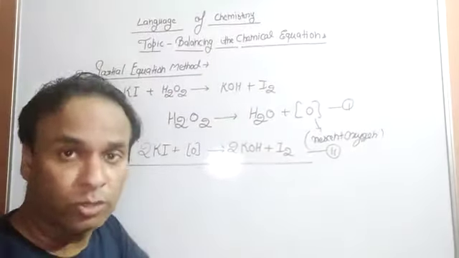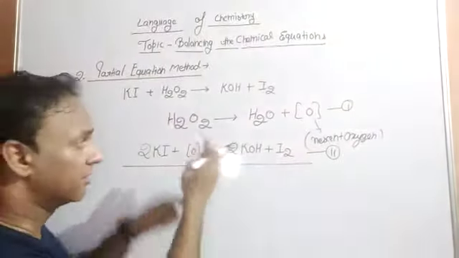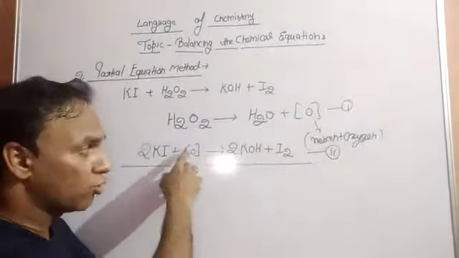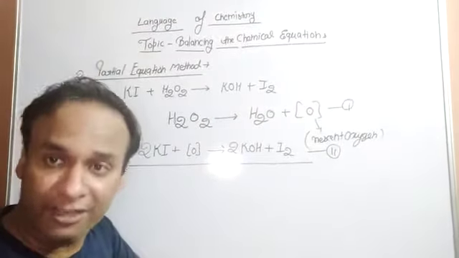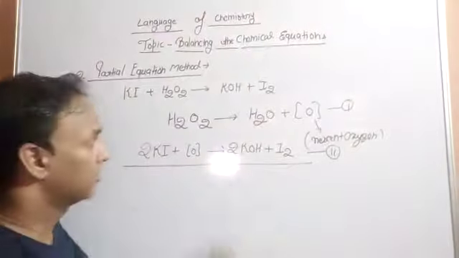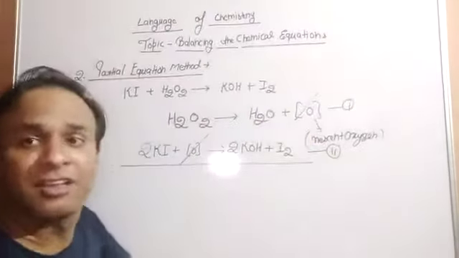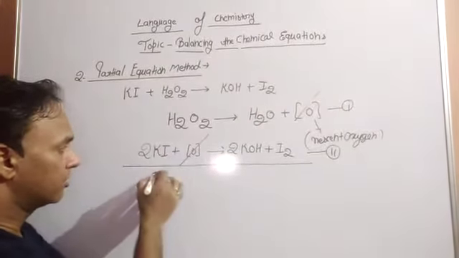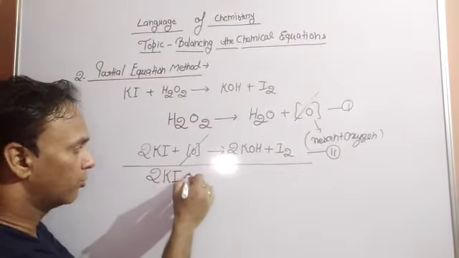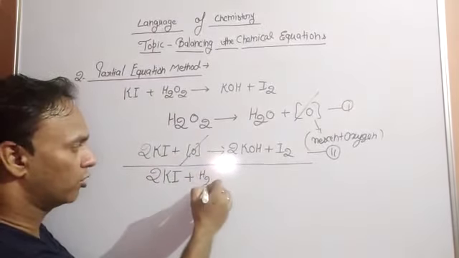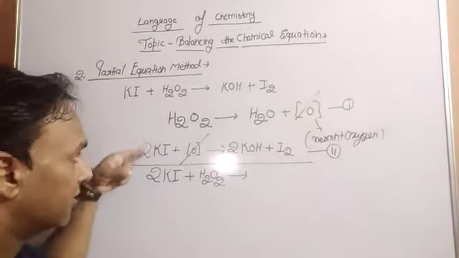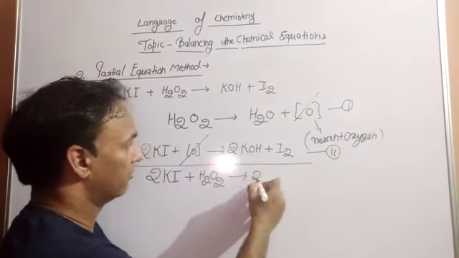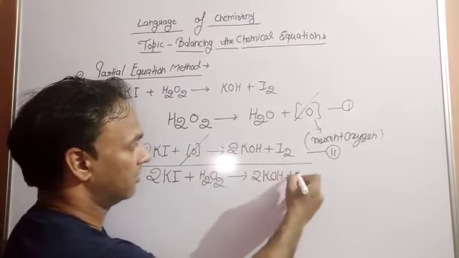When we add these two equations, then listen, this nascent oxygen is on the left side while this nascent oxygen is on the right side. When we transfer this oxygen, it is transferred with a negative sign. That means when we add these two equations, this nascent oxygen and this nascent oxygen are cancelled out. When we add these two equations, we get the final equation: 2 moles of potassium hydroxide react with hydrogen peroxide, meaning reactants are added on the same side. It forms 2 moles of potassium hydroxide and iodine.